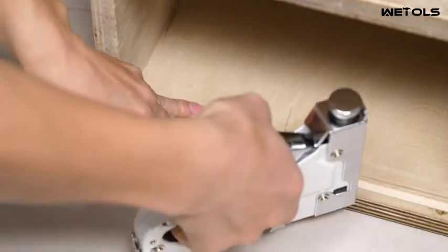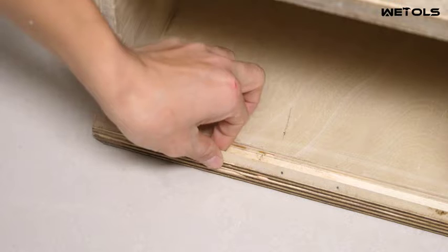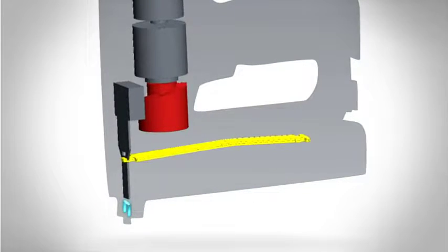looks great. But finding the best upholstery staple gun for the job can be daunting, especially if you're not sure what to look for. This video will help you sort through the options and find the best upholstery staple gun